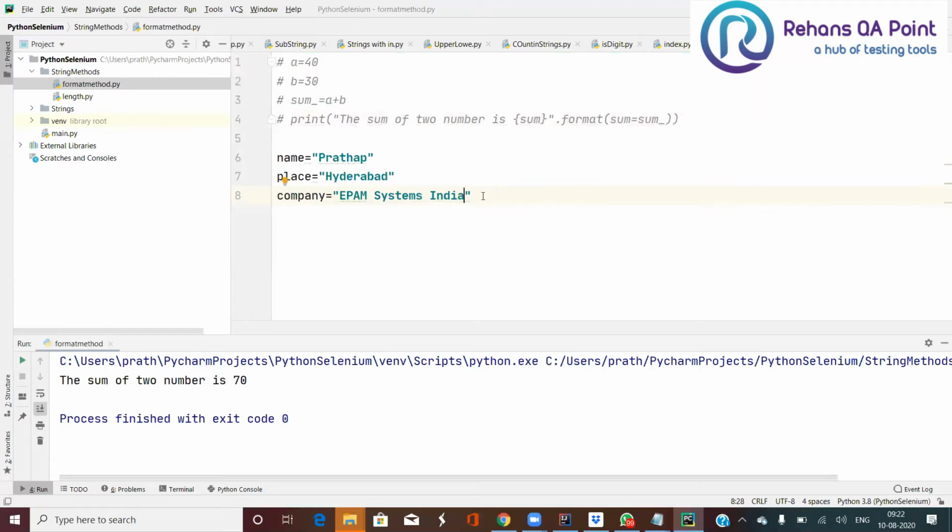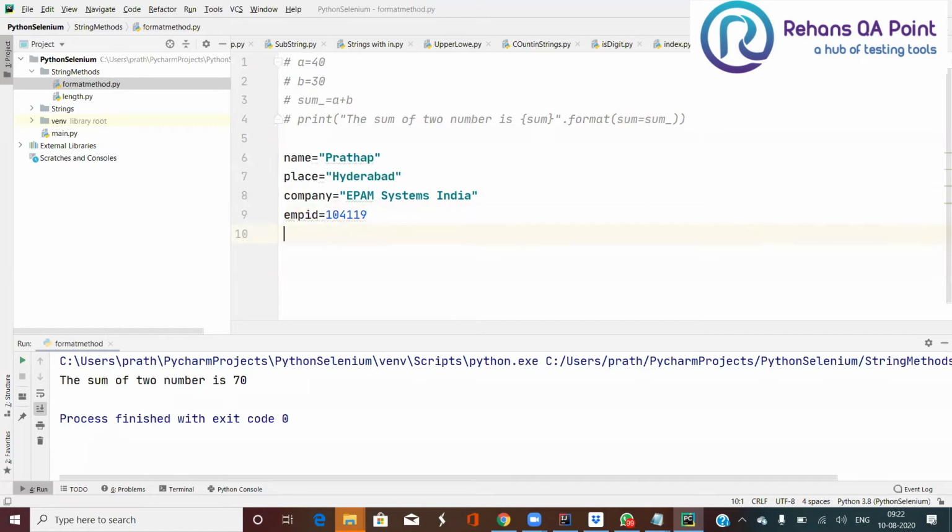So these are my three details, and emp ID equal to 104119. This is my employee ID.